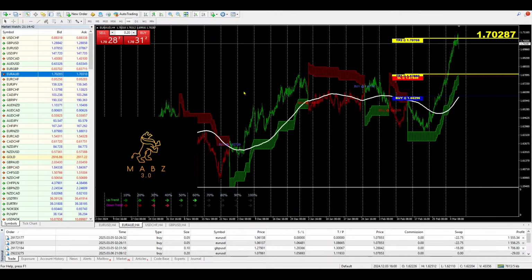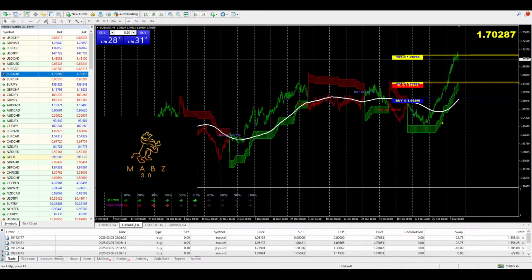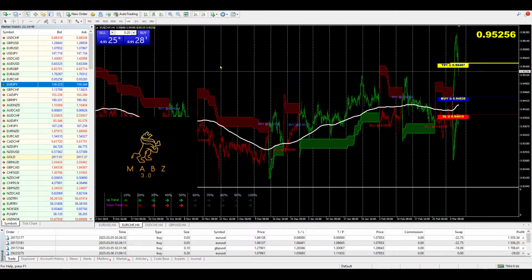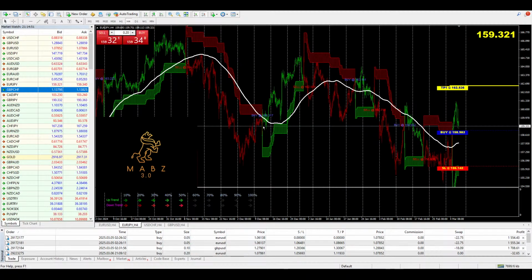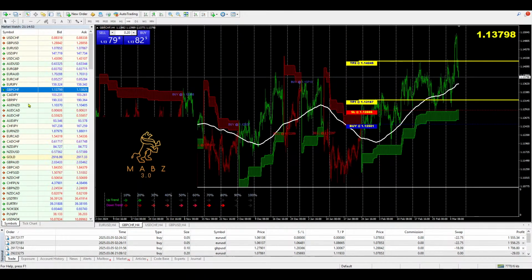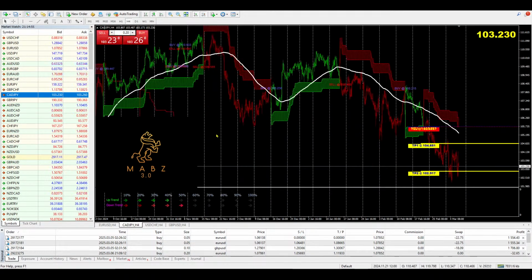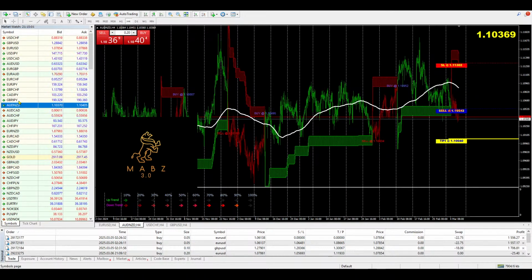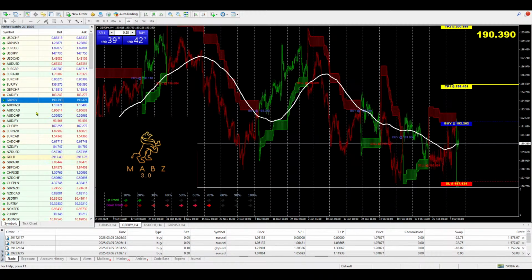I want very easy markets right now. Right, I want very easy markets. So let's just have a look at some of the trades. But so far, what we have is good. Okay, so we've got two buys and two sells, right? So I think for now, because the market is going to slow down, guys, there's no need to overtrade. What we have is actually enough.